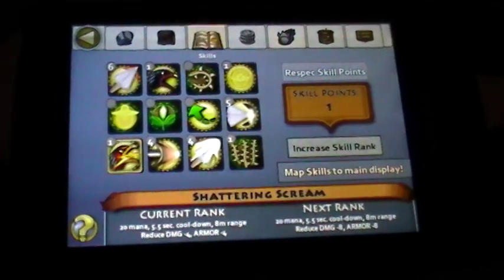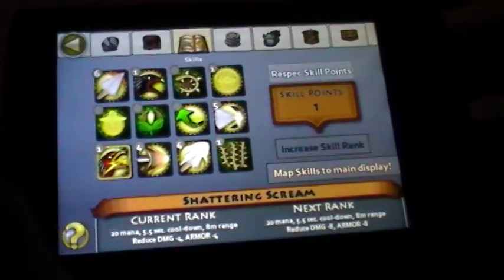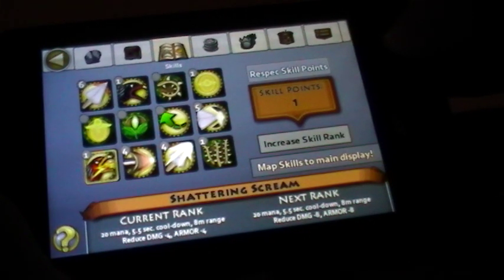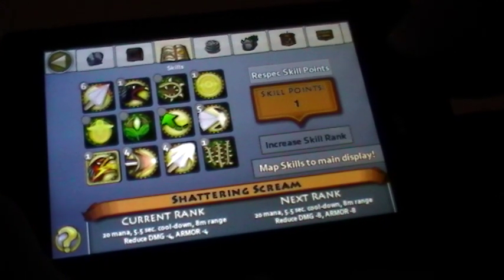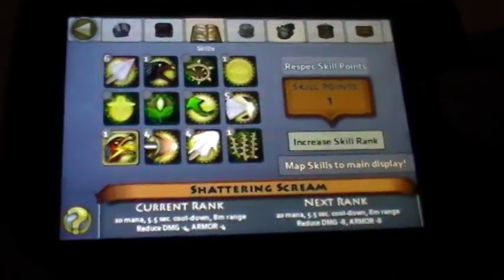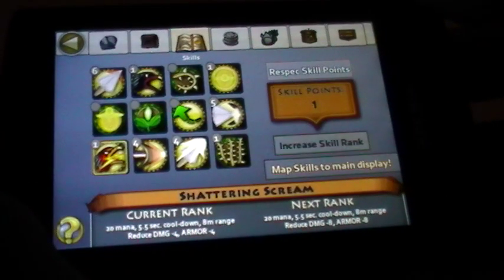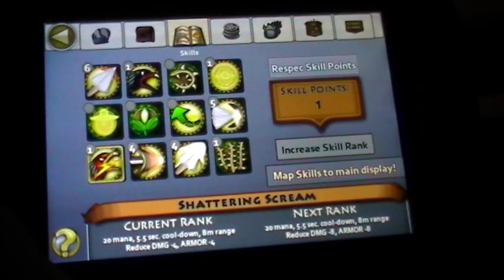The next is Shattering Scream. So it's basically Avion Scream, just better. Now this has way better range than the other one, and it also has better damage, better everything generally, and it reduces the enemy's armor, allowing you and your party to kill them faster. Now you can do another combo with Blast Shot, and I'll show you guys combos and how to perform them, and I'll also do live performances with these combos. So it costs 20 mana, 5.5-second cooldown, and 8-meter range, and it reduces their damage and armor by 4,